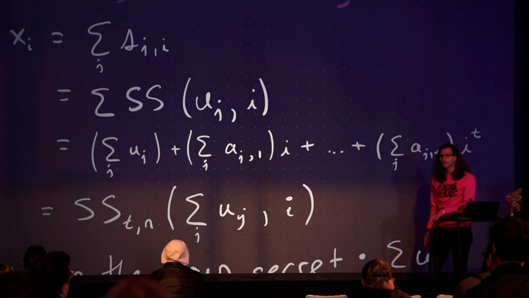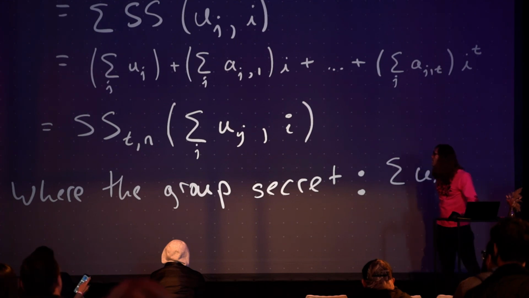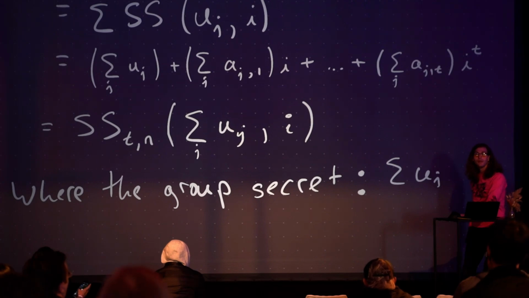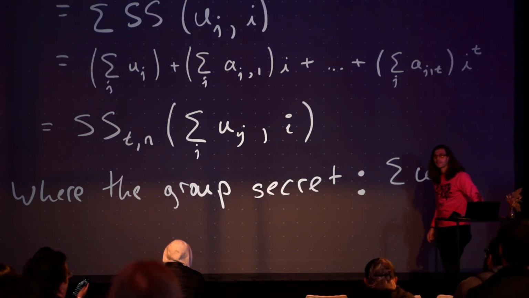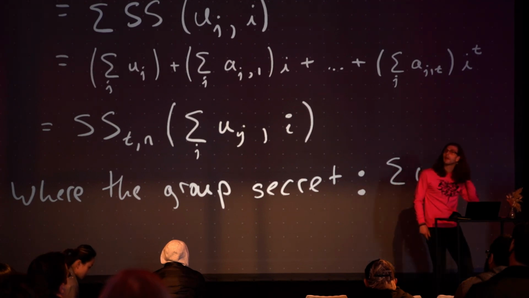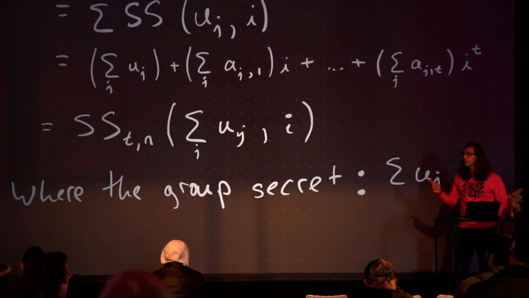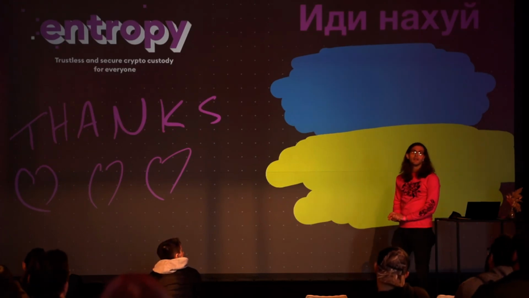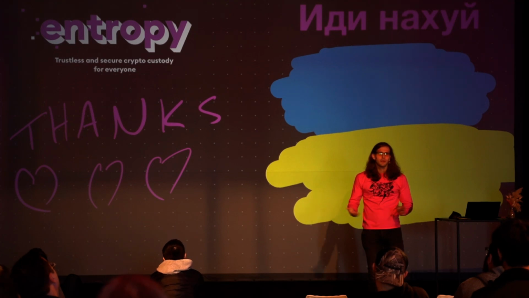And that's pretty neat, because no one else knows anything about anyone else's secret share. And the group secret is the sum of everyone's initial secrets. What that basically enables us to do is threshold signing, where every party is going to participate, but no party is going to know another party's secret. And what threshold signing actually allows us to do, like I said up at the top, is space and verification efficiency. And it basically means that we now have to solve the online problem, where everyone needs to be online,